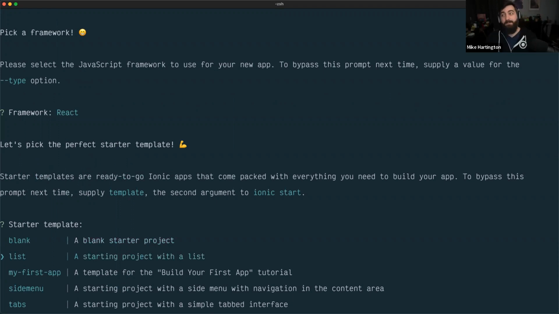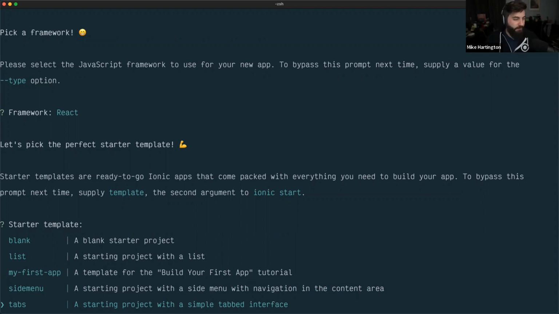A list has some data inside of it. We have a guided tutorial that is inside of our docs. Then the side menu, which is like the swipe to reveal the menu on the side, pretty self-explanatory. And then tabs, if you think of most apps these days, the tabs-based interface, you can just click on each different one. This one is a pretty advanced layout and advanced feature set,